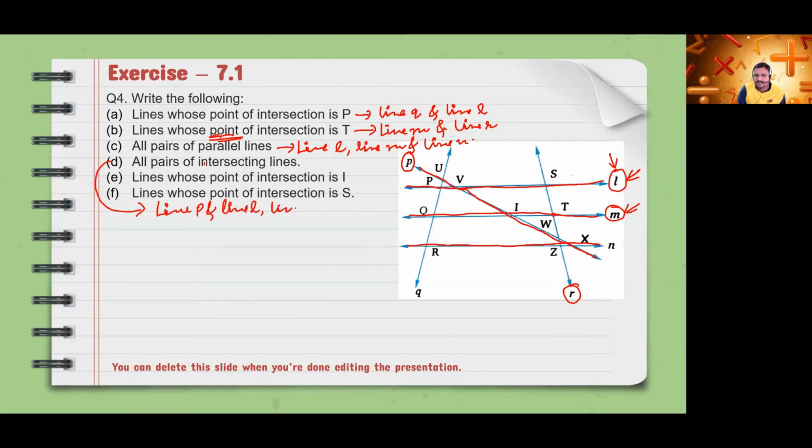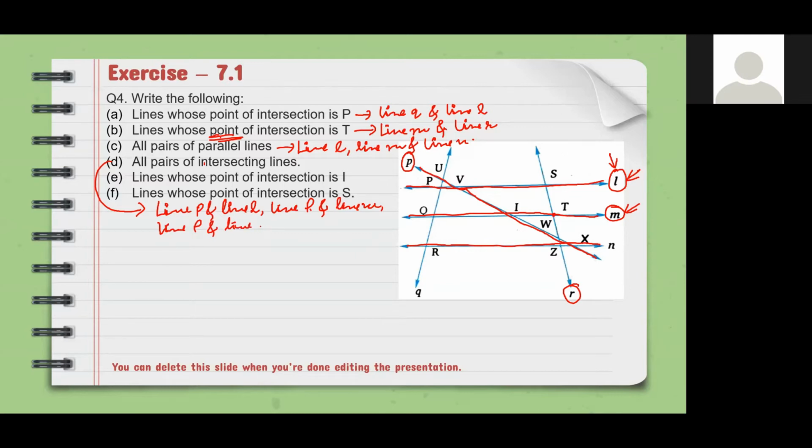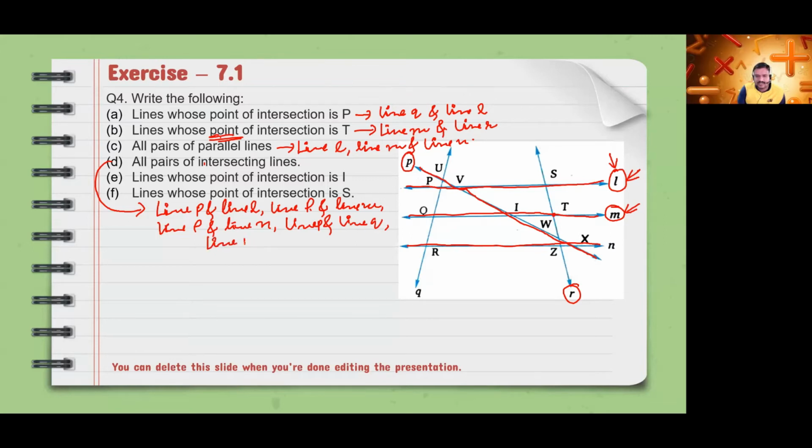L उसके बाद line P and line M. M, उसके बाद line P and line N. N. And उसके बाद line P and L. P and L हो गया ना पहले. Line P and line R. सर P and R भी होंगे ना क्योंकि वो R से भी थोड़ा थोड़ा इंटरसेक्ट कर रहा है R वाली लाइन से. Yes, line P and line R, correct. So these all are the intersecting lines here.